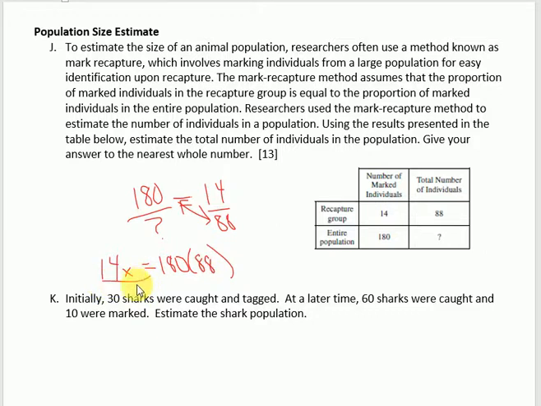And then we're going to end up dividing both sides by that 14. So in this case, our x is 1,131. So it's important for you to understand that we're estimating the population size based on this population of original captured